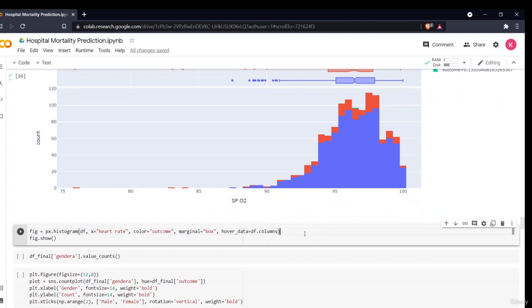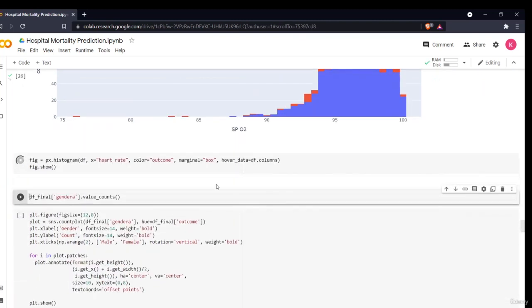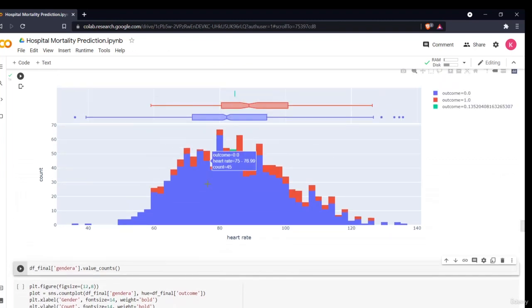The last one we are plotting is the heart rate. Now we'll see how our heart rate is distributed. As you can see, the normal heart rate of a human being is around 65 to less than 100, that is why most of it resides there. A higher heart rate means the person is having anxiety.